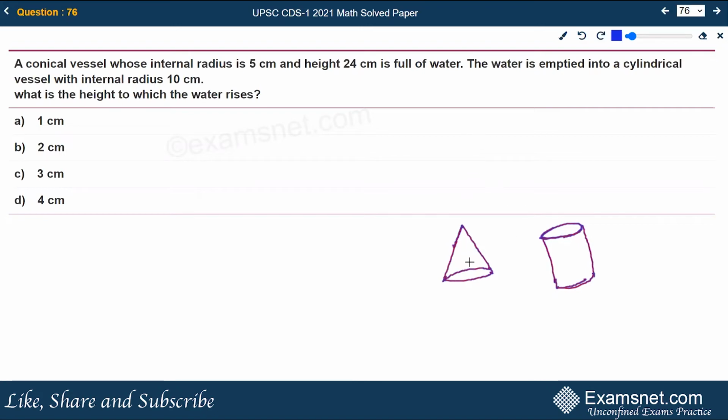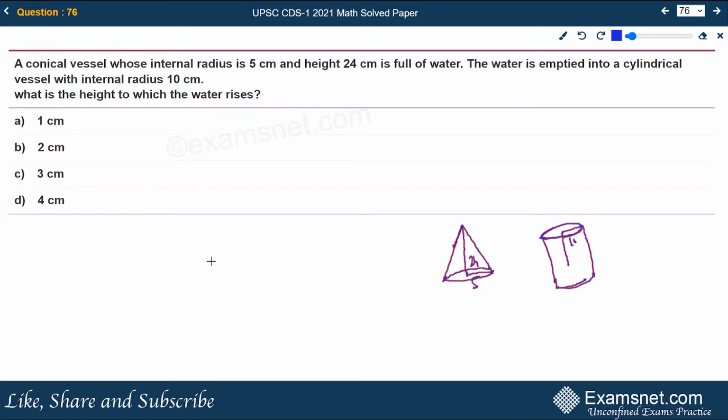So here is the conical vessel. Its radius is 5 centimeter and height is 24 centimeter. And here the internal radius of the cylindrical vessel is 10 centimeter. We don't know up to which level the water rises, that we are required to find here. So the water that was in the conical vessel is emptied into the cylindrical vessel,